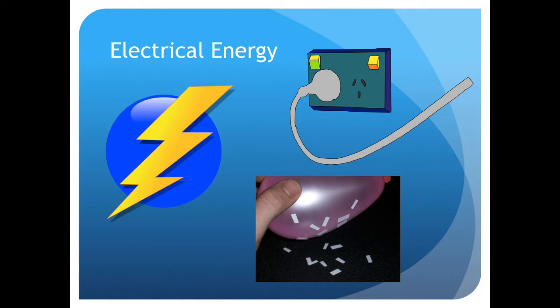If you have little bits of paper on the floor or on the table, and then you rub a balloon, you're causing static electricity, which is the movement of electrons. And even in our power cables and wires, the electrical energy is the movement of electrons. So it's sort of like a kinetic energy, but in regards to the electrons moving.